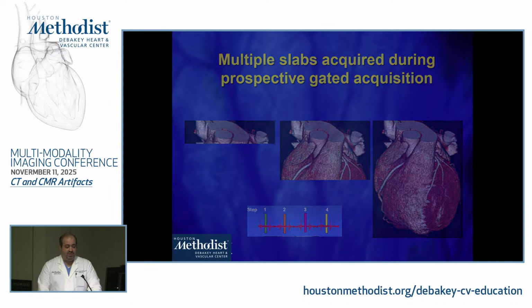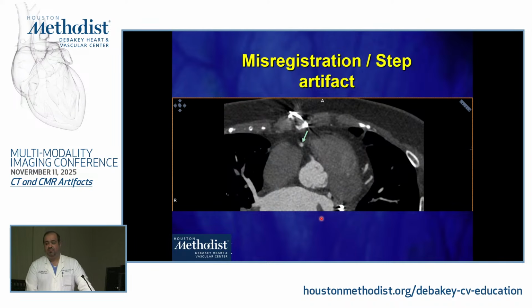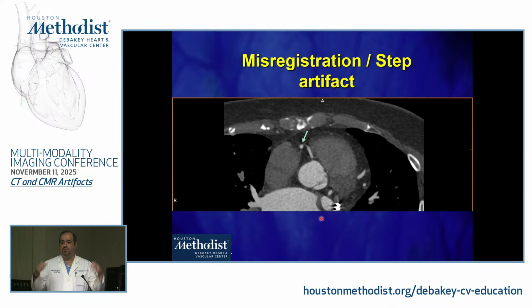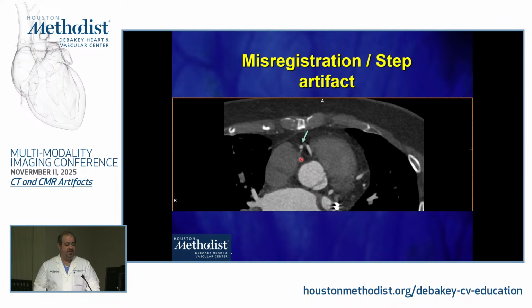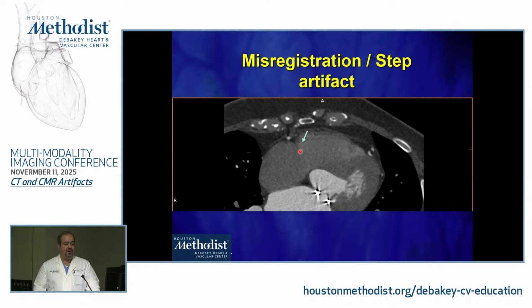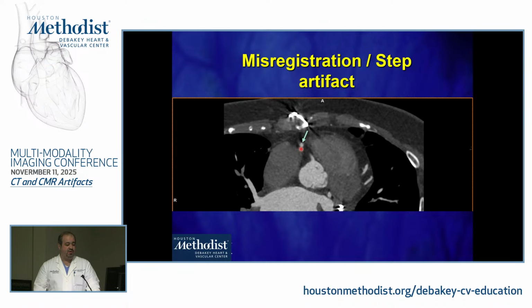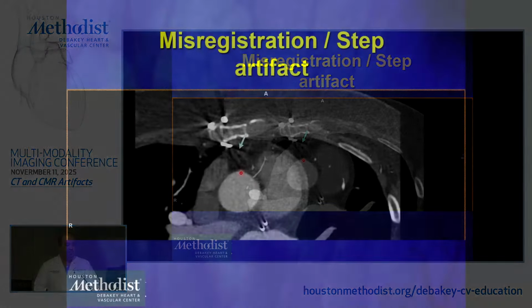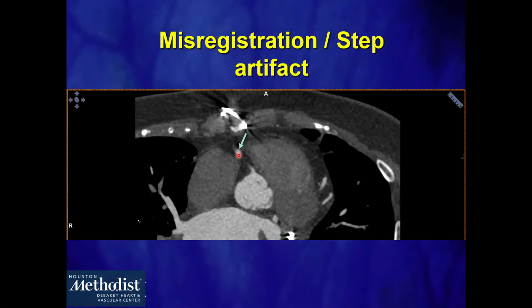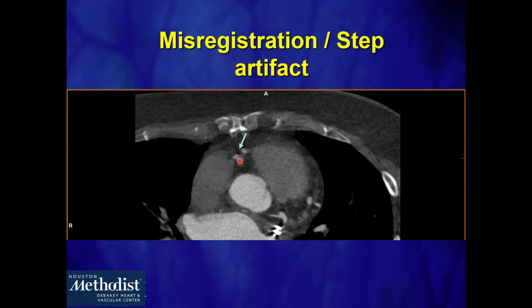So as a result, I basically could be at risk for what we call misregistration artifact. When I stitch all these slabs together, sometimes an artifact can occur, which we call a step artifact. Take a look at this RCA. Notice how over here it actually jumped from one location to another. Here's the RCA, and then as I'm going down, this vessel